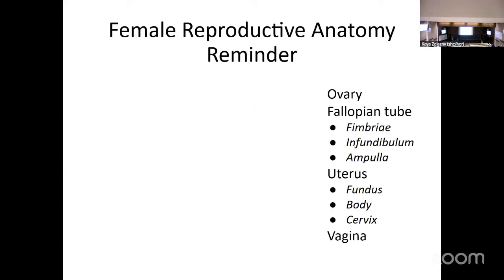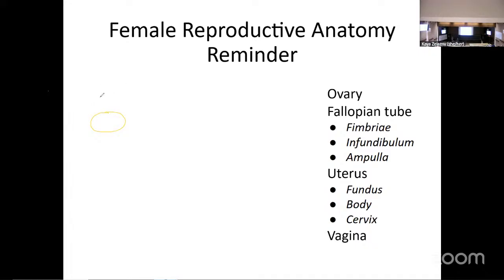Okay, so I wanted to do just a quick reminder of some stuff that I'm hoping you've covered in lab. So just positioning us relative to our female reproductive anatomy. We've been talking about what's happening in the ovary and the ovarian cycle. So that's our gonad that we're thinking about. And then we have our uterine tube or our fallopian tube. I don't think these subterms were on your list in lab,